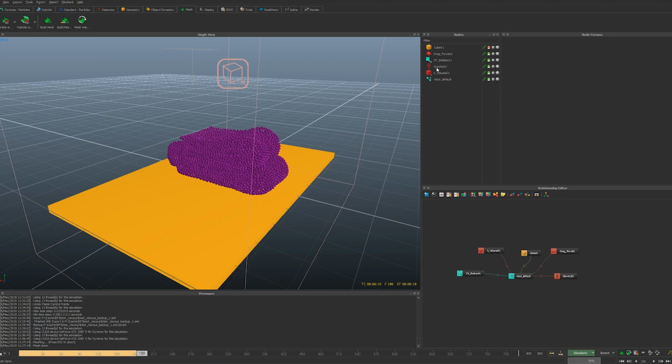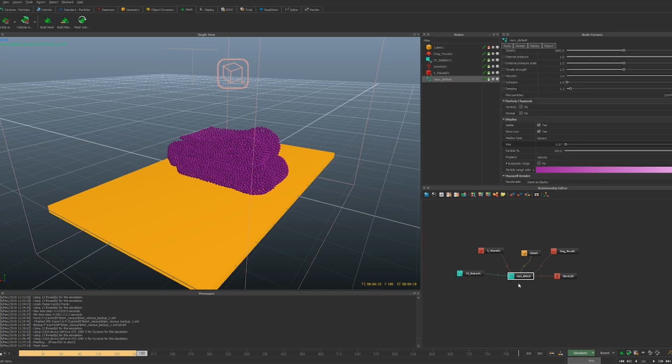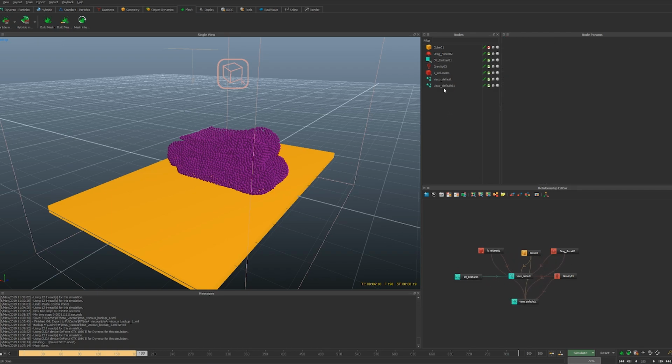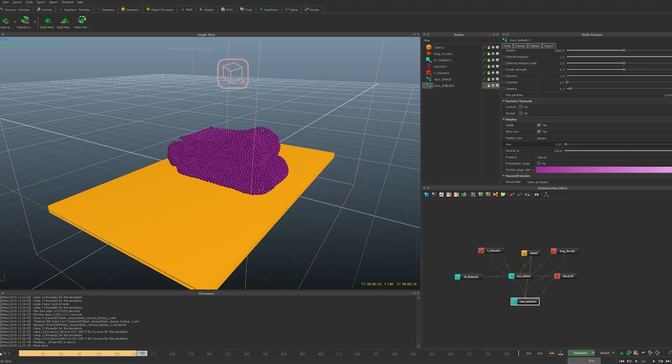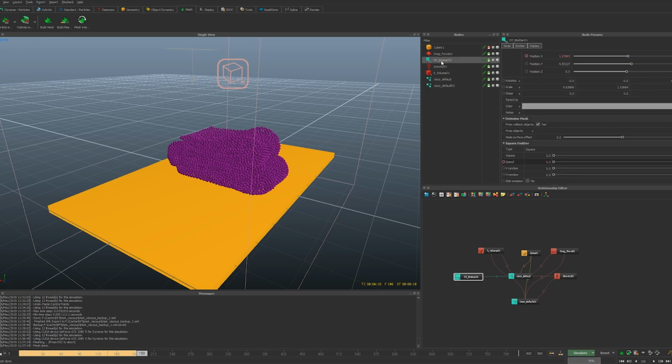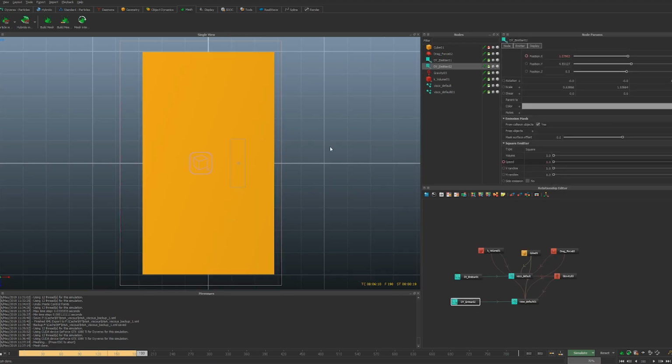And let's duplicate the domain and get rid of the connection to the emitter. I'm just going to leave the name for now. Duplicate the emitter with Control D, and I connect the new emitter to the new liquid, and I can use Z to offset it. And this one can have a viscosity of, let's say,